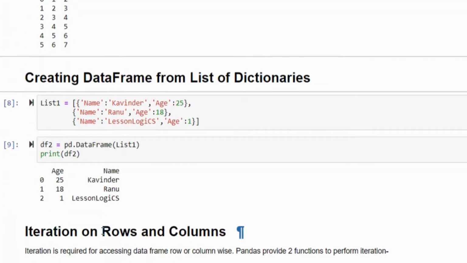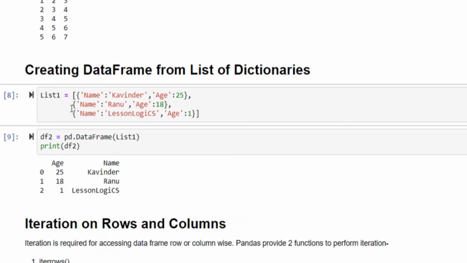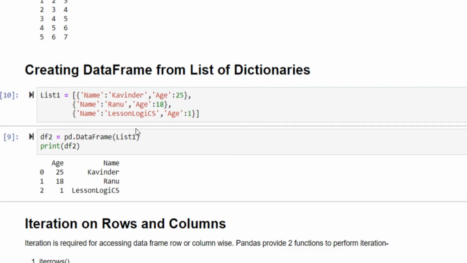Now, creating a DataFrame from a list of dictionaries. So from a list of dictionaries we have to create a DataFrame. First of all we'll create a list of dictionaries, that is, a list containing elements as dictionaries. The first element in the list will be a dictionary having name Kavinder and age 25. The second element will be name and age. Similarly, the third element will be name, age. After creating this list, we'll create a DataFrame using this list.